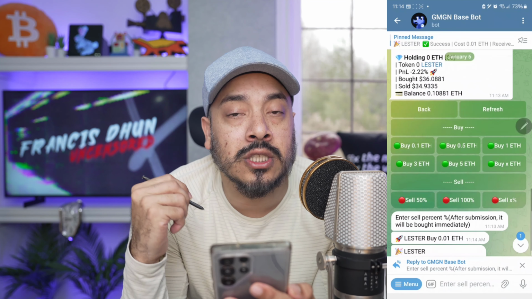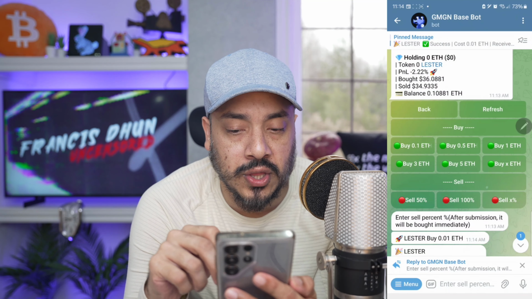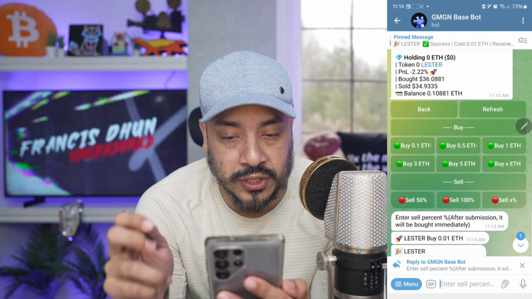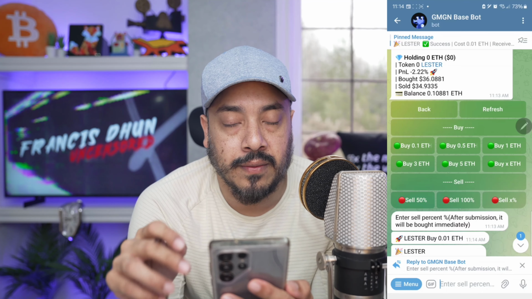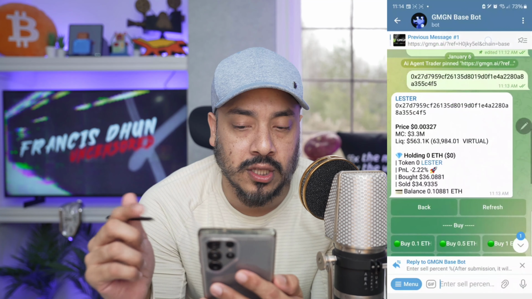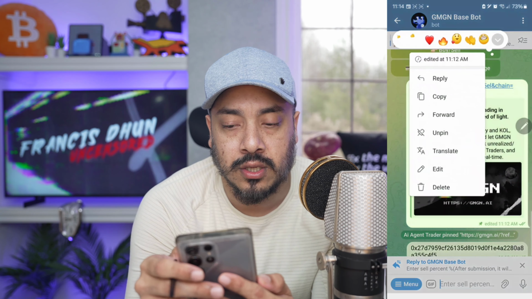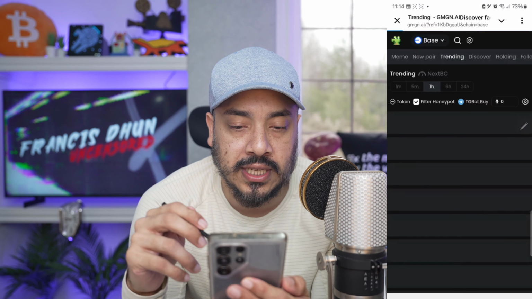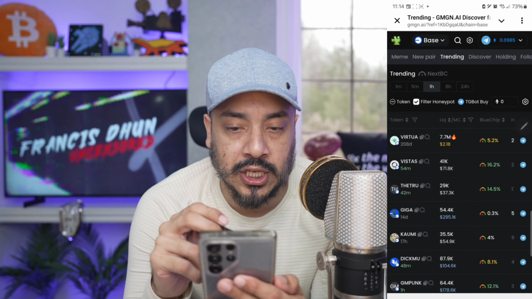Now again, I don't want to go into too much detail. You could customize all of these things, where you could sell a certain percent, etc. But this is the basics of it. You drop the contract address, and you always get back to the website by clicking this over here, right? Which takes you to the page where you could look for other gems. Again, make sure you are on the meme section like that. So we could scour like this.